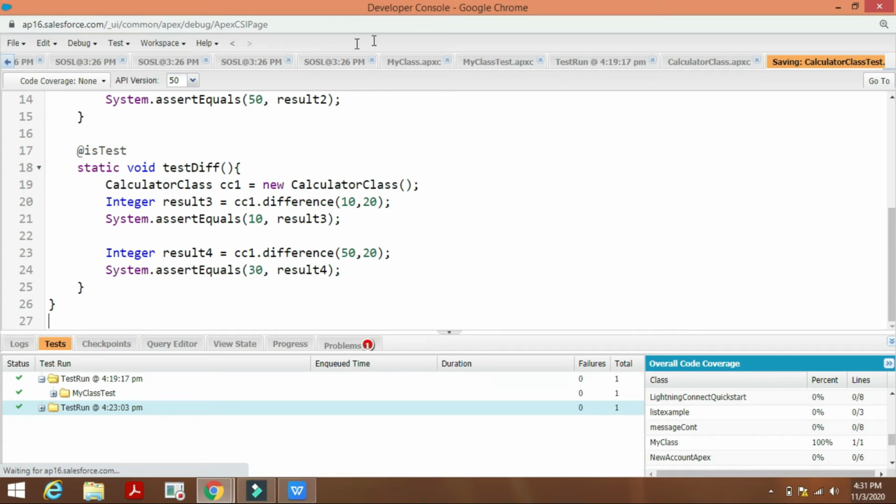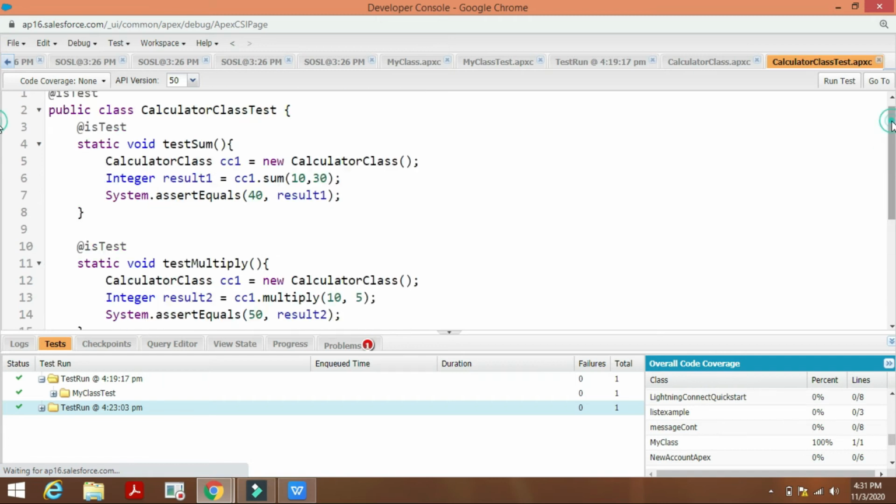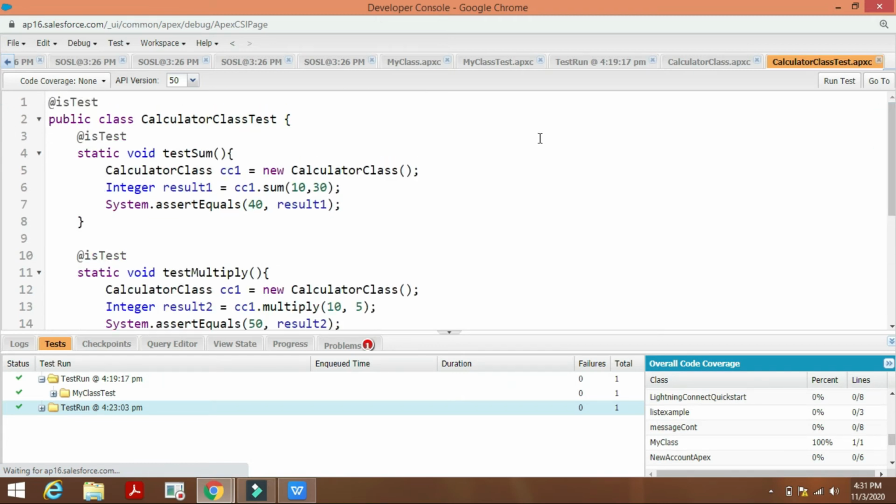So I'm trying to save this test class now. Let's see how it will work. Here first we have used the @isTest annotation. It is very important for the test class, because without this the test class won't work.